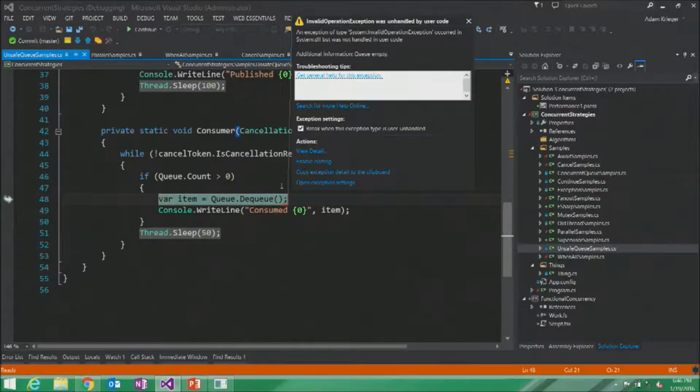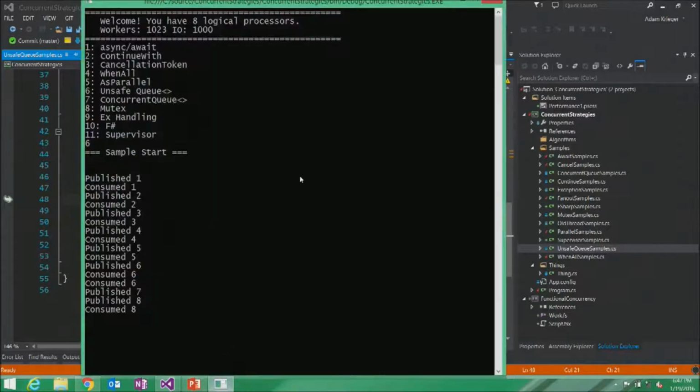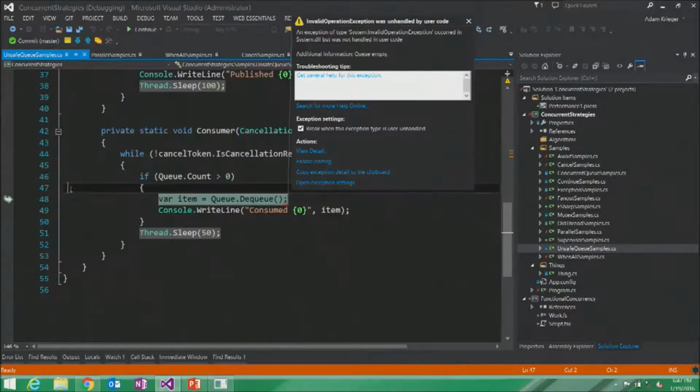So you could see, I actually had to sit back and think, how can I break a queue? I actually got all the way to 8. A lot of the time it only gets to 4 or 5 before you say, hey queue, do you have any items in you? The queue says, yep. Then I'd like one. Don't have any. That's basically what happened here, and it's really 2 lines away. It just checked to make sure that the queue had an item in it, and then when it says, give me an item, it doesn't have one. So it's really, really easy to write